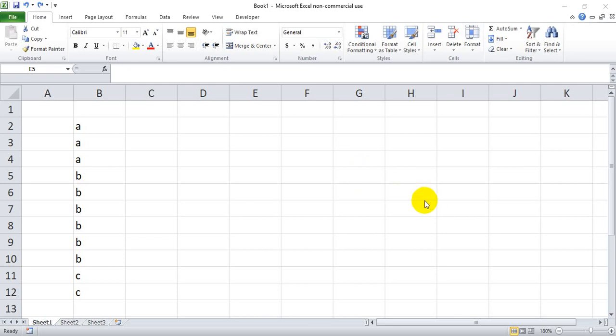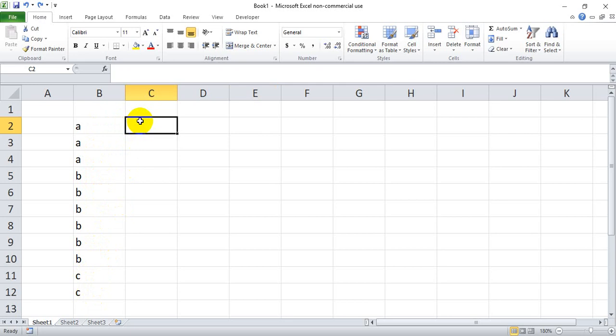Hello, this is a tutorial on how to count the number of unique variables you have within a given data set. So in order to run this tutorial, I've written out A, B, and C in the range B2 through B12, and the A's, B's, and C's have different frequencies of occurrence. A happens 3 times, B happens 6 times, and then C happens twice. But what we want the resulting answer of our formula to be is 3 because we have 3 unique variables,